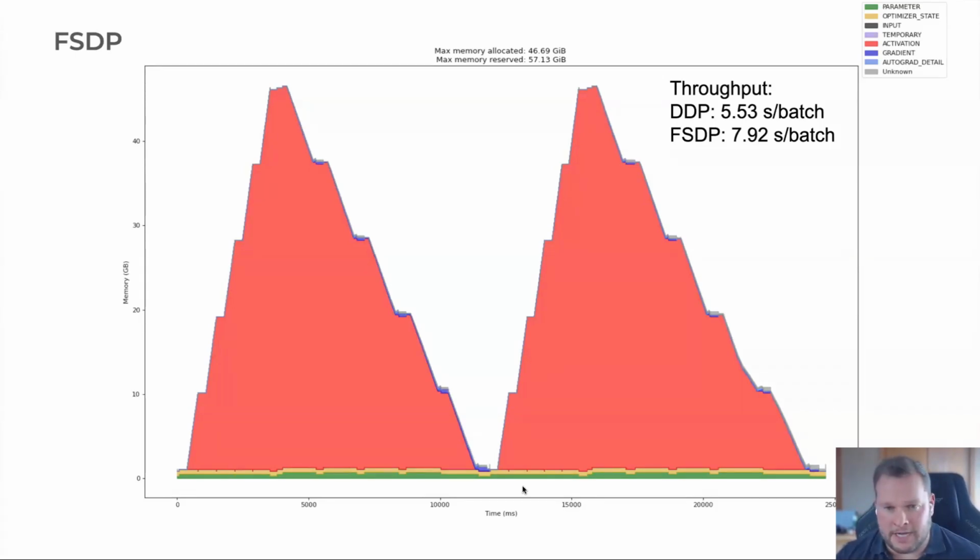If you're being dominated by activations, you're not going to be able to squeeze so much out with FSDP compared to other methods. But if you have lots of gradients, or your parameters are dominating, then FSDP will save you a much higher memory footprint than